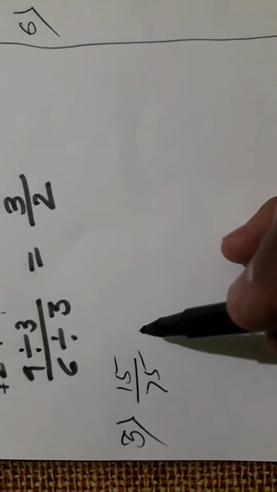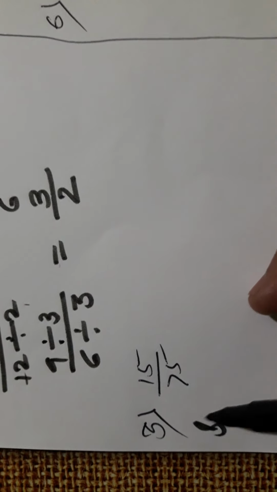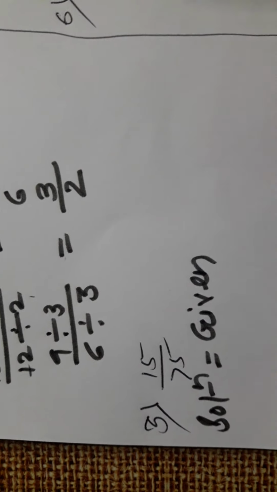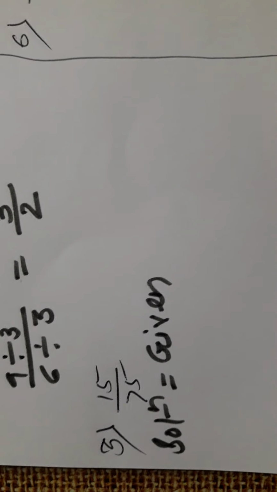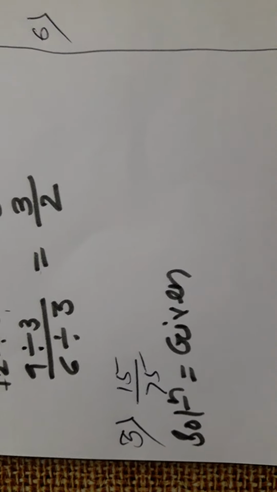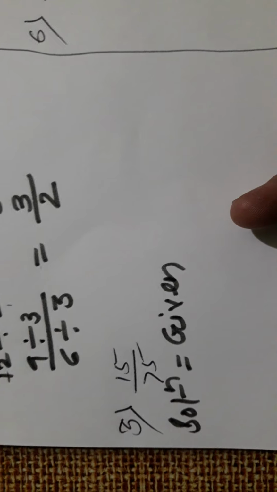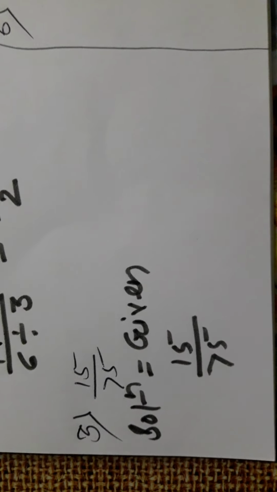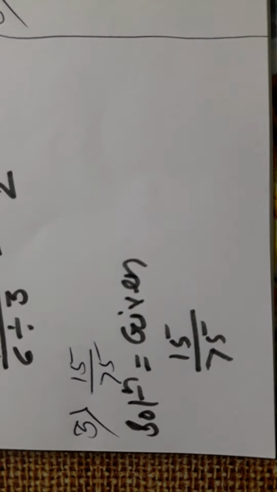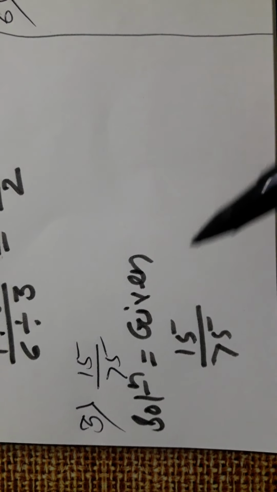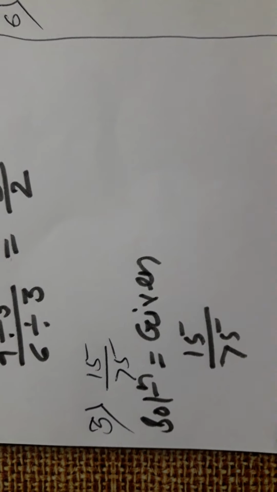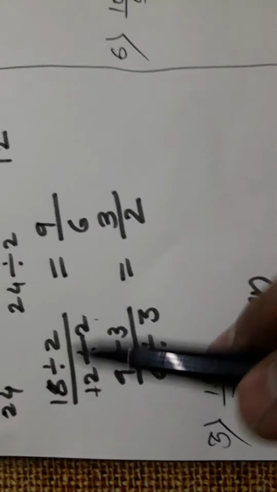Is it clear? Again one example I will show you. 15 upon 75. Solution given. See there. Now see here, 15 upon 75. Here we can divide this 15 and 75 by 5 also. But suppose you are well versed, I will show you now directly how to divide. Okay, here I showed by using the smallest number.